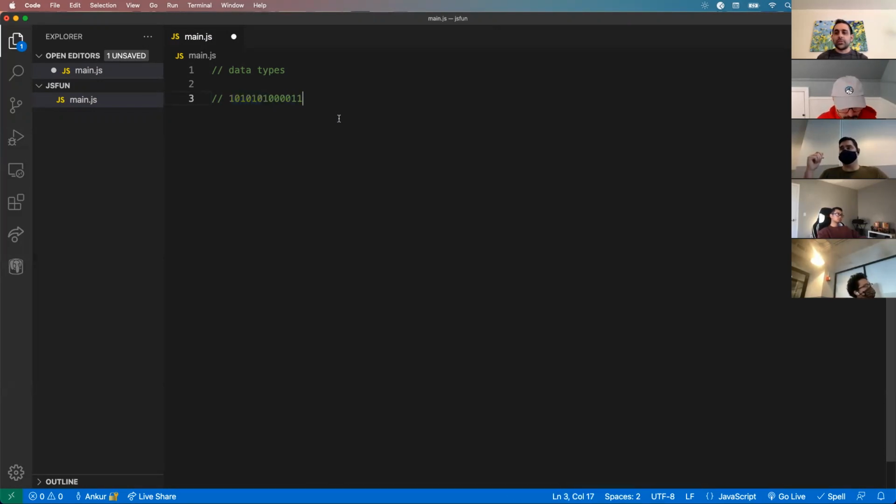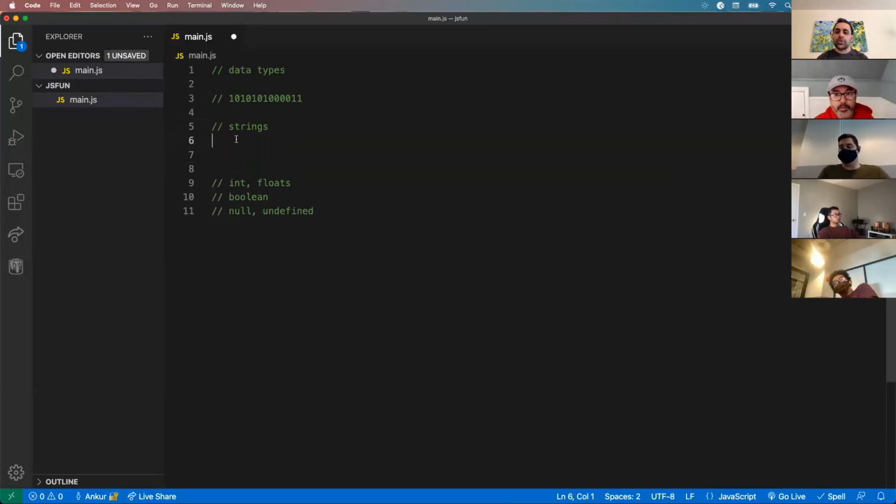So we could have several different data types. We can have strings, and you probably have used most of these, if not all of them. We could have integers or floats. We could have Boolean values. What else can we have? I guess it's null and undefined. So let's talk about some of these, make sure we understand how they all work. All right, so starting with strings,